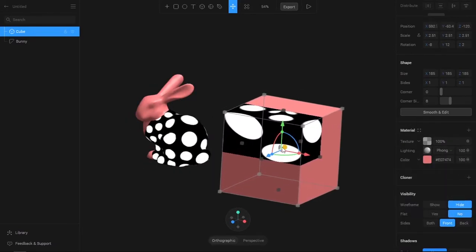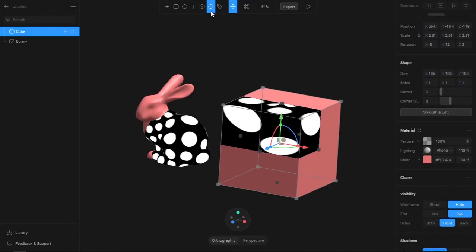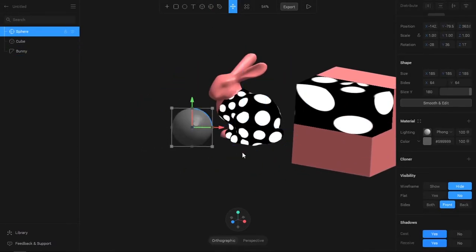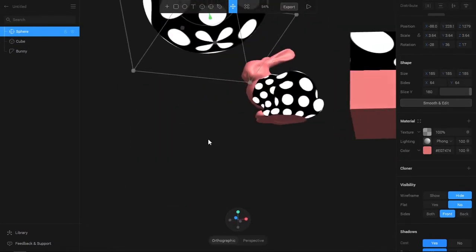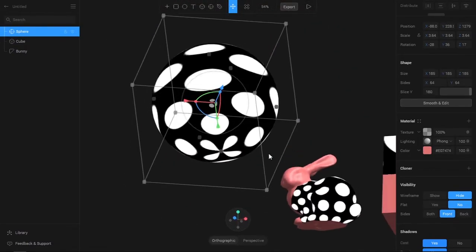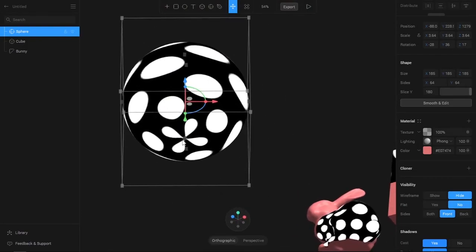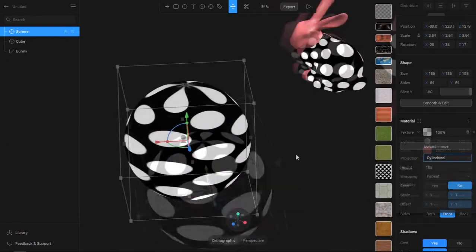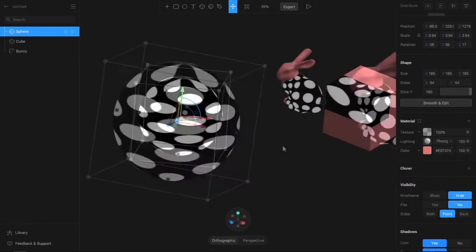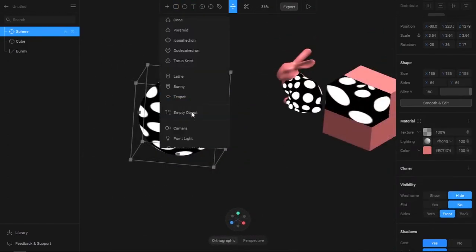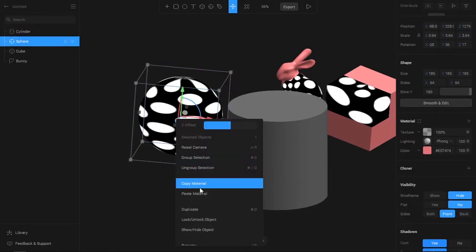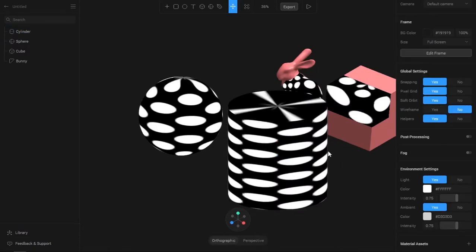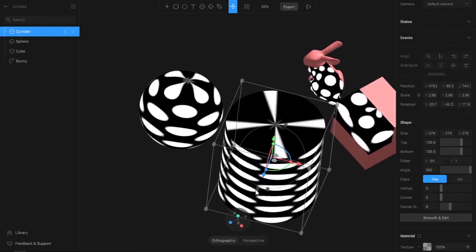This applies in a spherical form. If I take a sphere, enlarge it, and copy and paste the material here, you can see that this material is applying in a spherical form. You can see that the texture image is converging at the poles of the sphere, and if you change it to cylindrical, you can see that it's applying in a cylindrical form. If I take a cylinder, enlarge it a little bit, and copy and paste the material here, you can see that the image is applying in a cylindrical form.